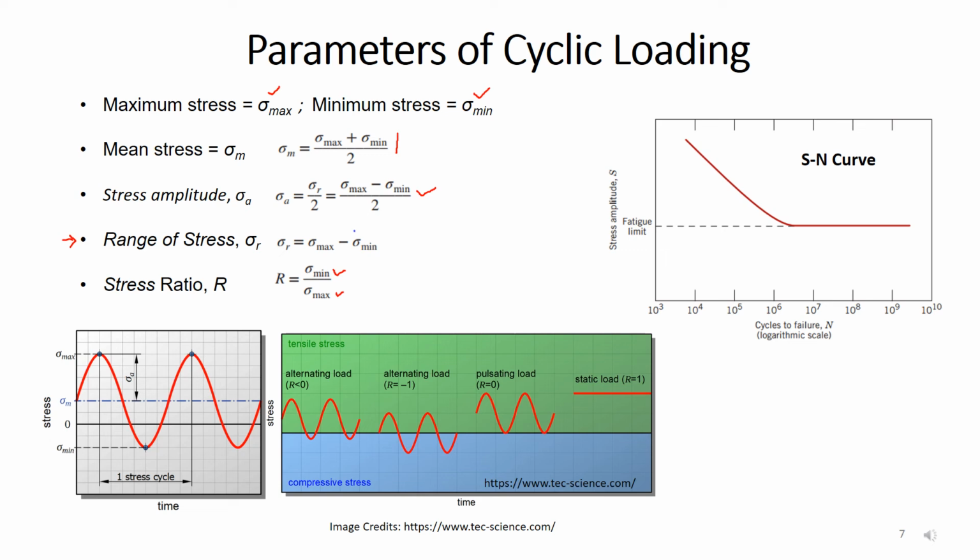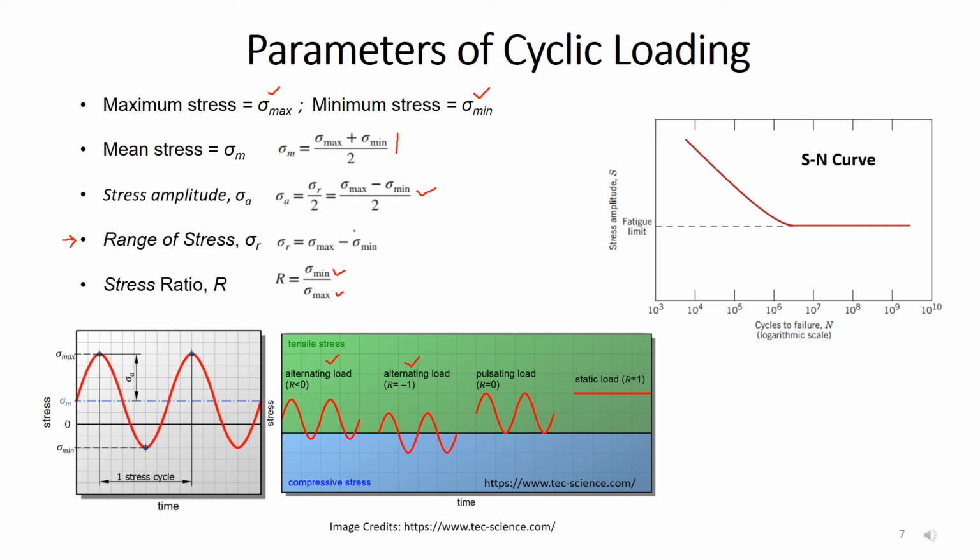So this first cycle shows the alternating load, where the load is changing its direction. The load is tensile as well as compressive in nature, but the magnitude of the load is different in both the cycles. So here the stress ratio is less than 0,